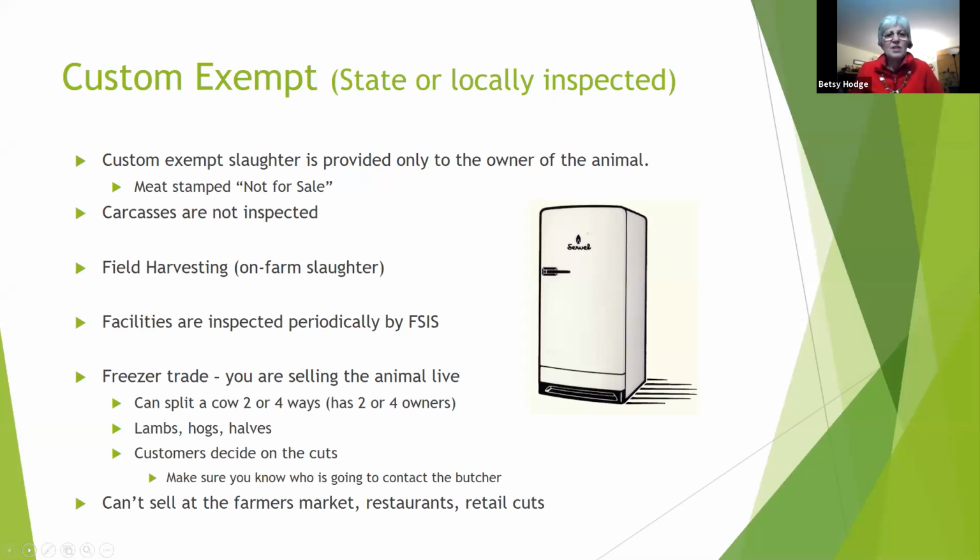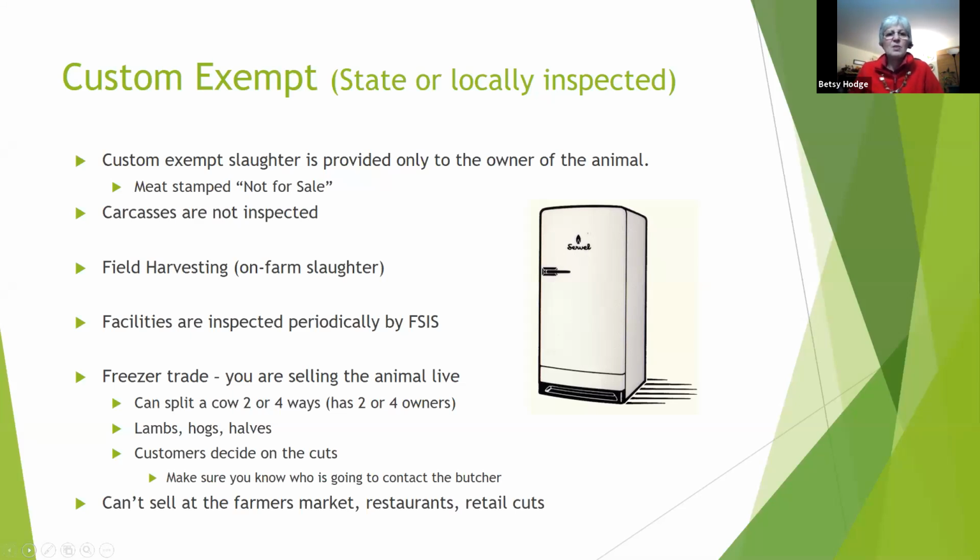So they do field harvesting, a lot of on-farm slaughter. They usually come, in my case, and shoot the lambs very carefully in the barn. And if it's cows, they can do it inside or outside. Hopefully Tyler will talk about that a little bit. And then they will hang the animal and drain the blood, and then they will take away the carcass and process it at their plant.